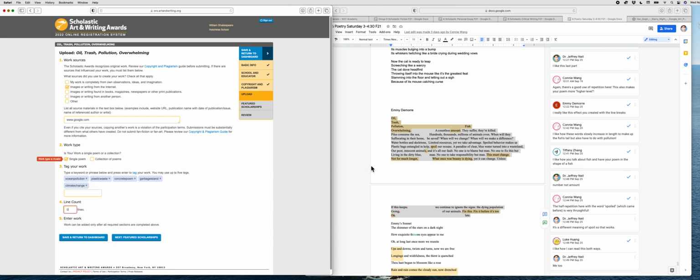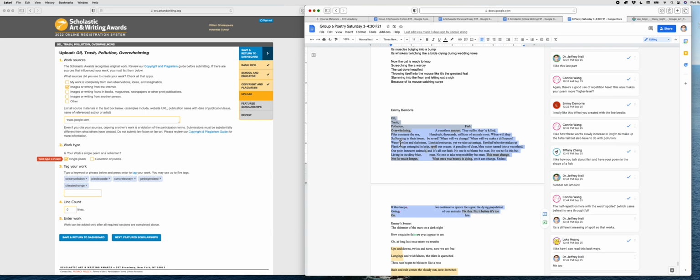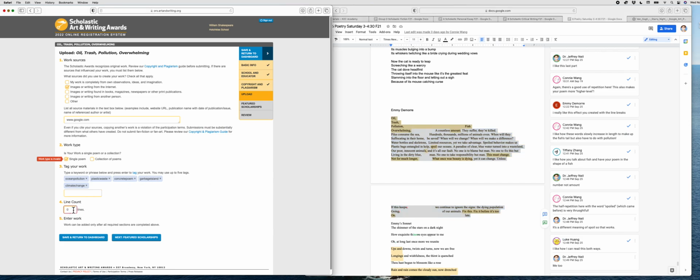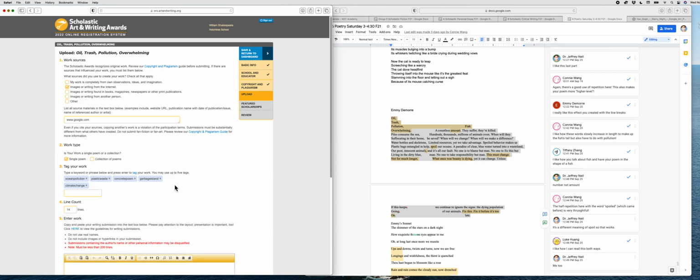And then we're going to put the number of lines. So we'll just have to count those all up. 1, 2, 3, 4, 5, 6, 7, 8, 9, 10, 11, 12, 13, 14. Okay, so it's 14. I would double check that though, if I were actually submitting this. Then we're going to do next, featured scholarships. Great,